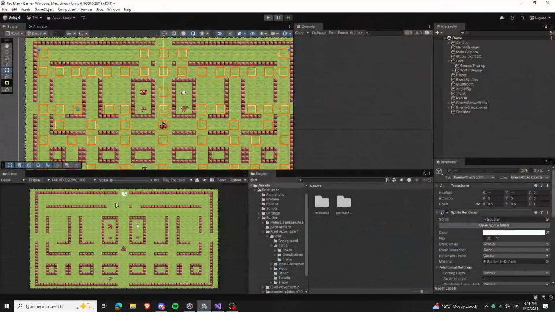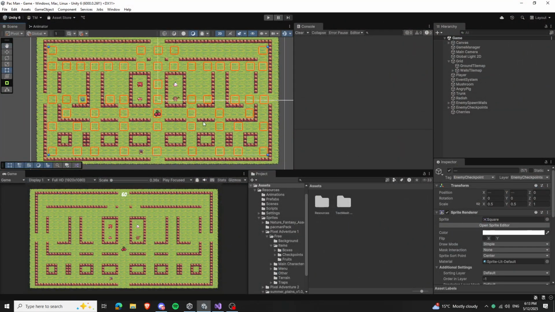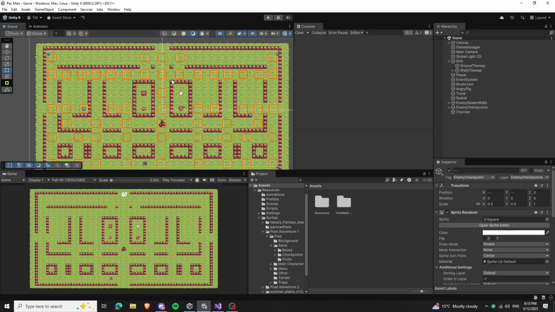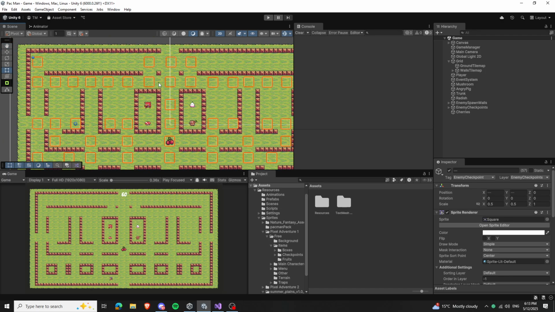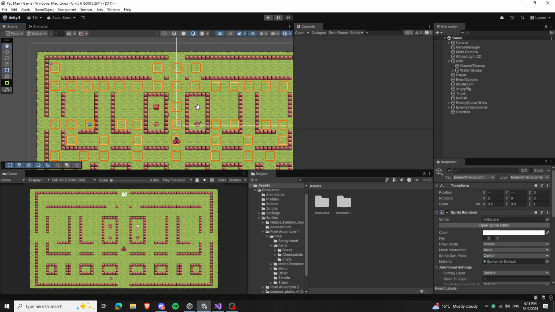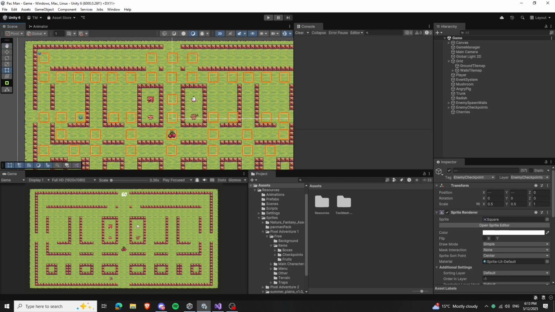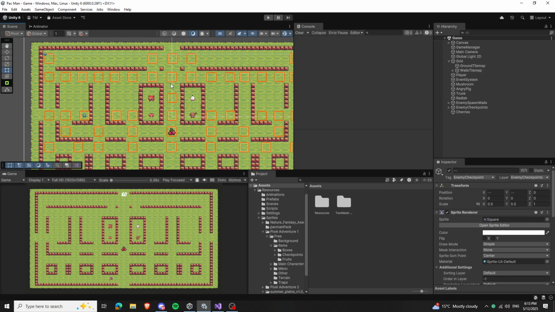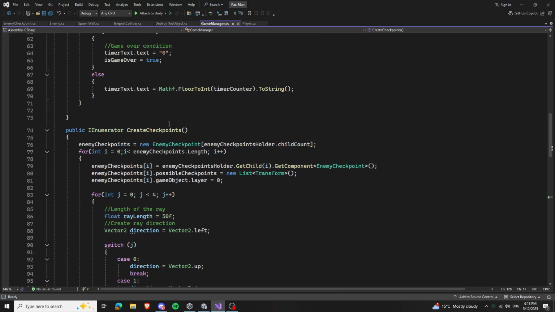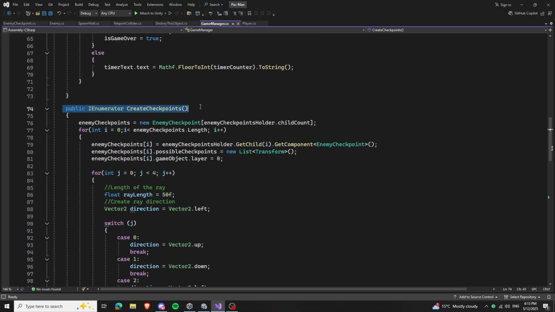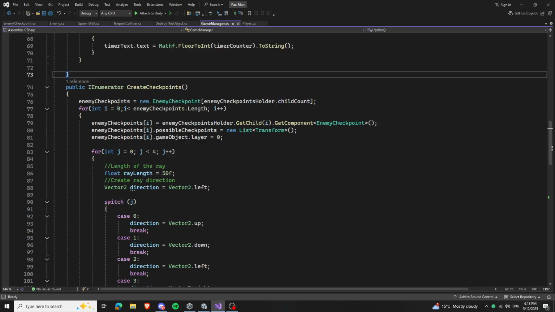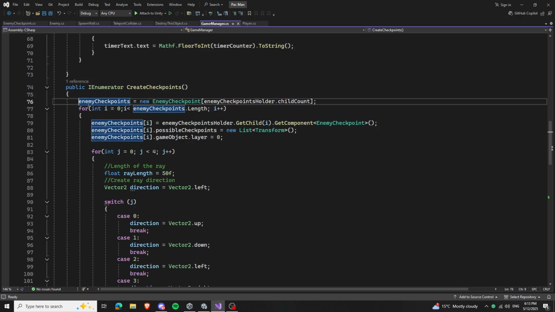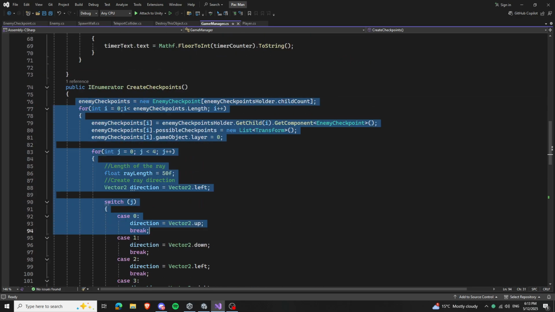So I'll say that again because I wasn't recording. You have these checkpoints here, and each checkpoint knows the neighbor checkpoints, and the enemy uses these to move around randomly. But the way these checkpoints have a list of the neighbors, I do it by code, not manually. You see here I have a coroutine called create checkpoints, and in here for each checkpoint